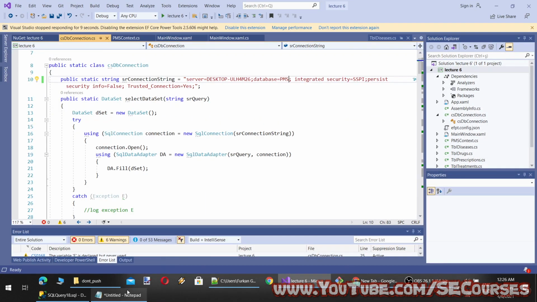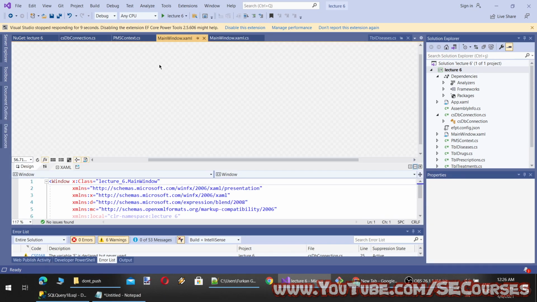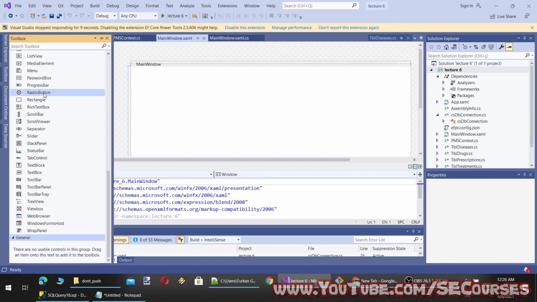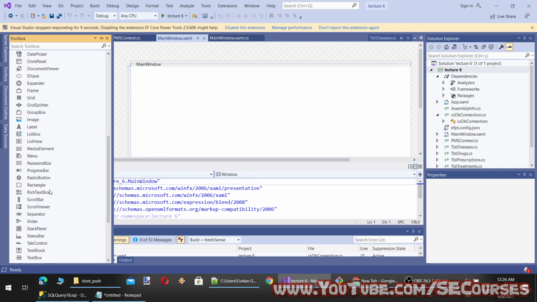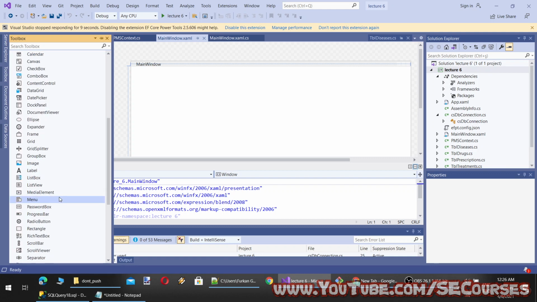Okay, now let's start with a register window for users. For registering users, we are going to have several text boxes, and we can also use tab control as well if we want.